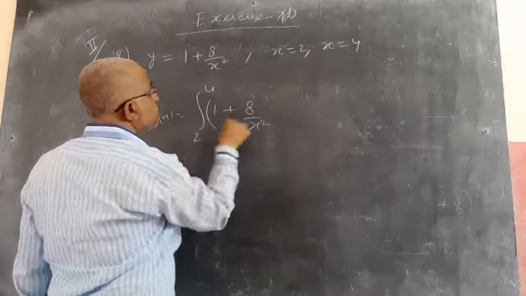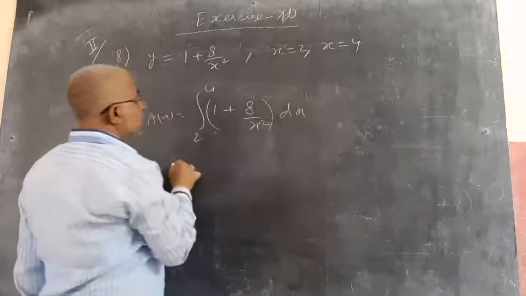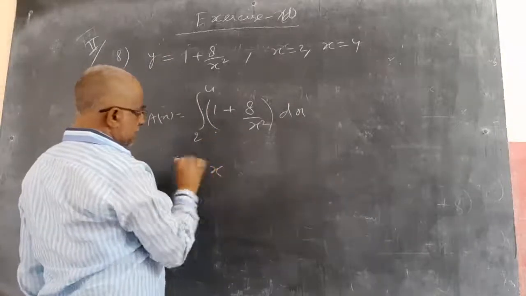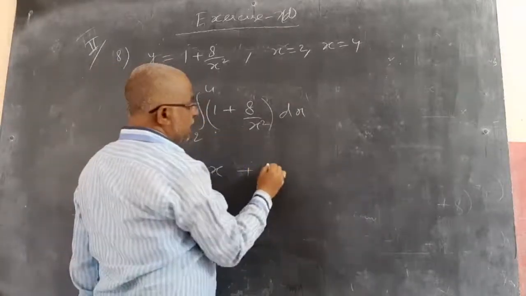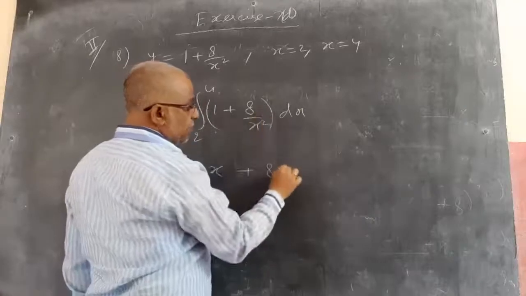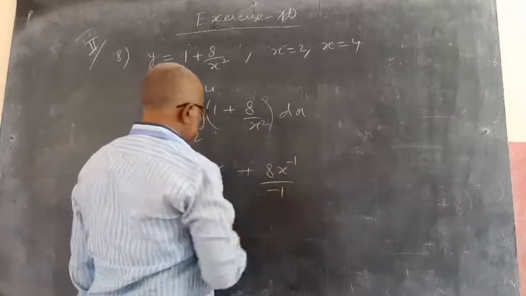This is a direct sum. So the integral of 1 dx is x, plus 8 into x power minus 2, that is x power minus 2 plus 1 by minus 2 plus 1, between the limits